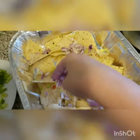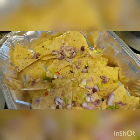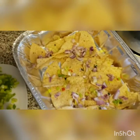If you like little, then put little. And it also depends on how many layers you're gonna do, so you want to make sure that you have enough for all your layers. Okay, so now I'm gonna take some